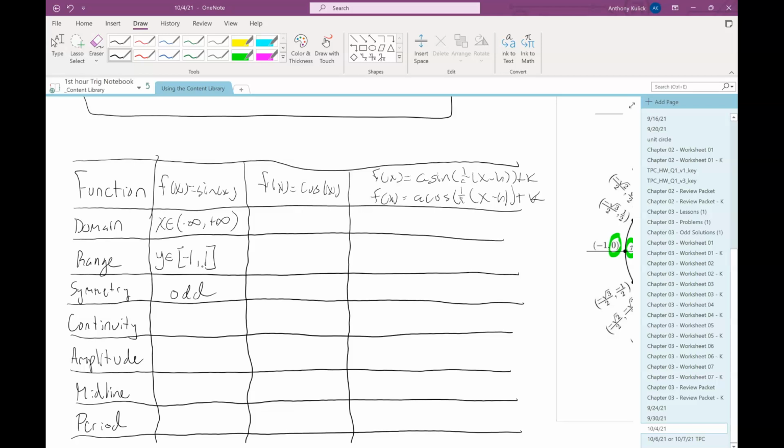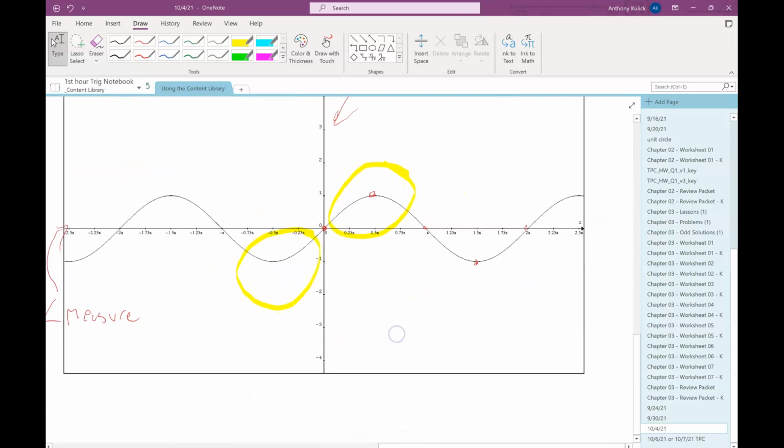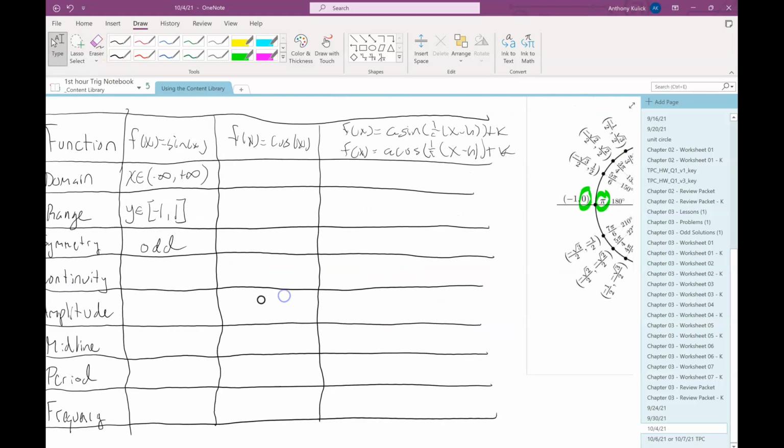So continuity is next. Remember we talked about discontinuities in chapter 1, things like asymptotes or breaks in the graph or jumps in the graph. Can that happen here with what we've drawn? Do you see any asymptotes? Do you see any breaks, any jumps? No. So again, sine is everywhere continuous,